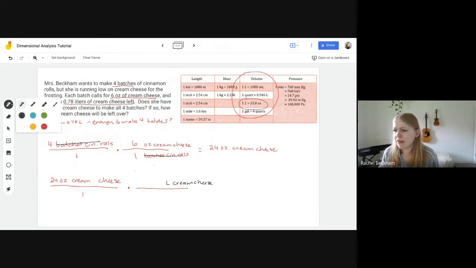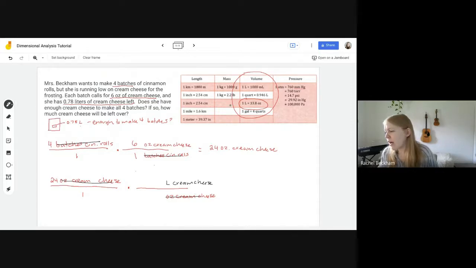And what I want to cancel out is always going to be the previous thing. So I need ounces of cream cheese to cancel out on the bottom. So I'm basically going from ounces to liters. So this is going to cancel out, right? And right here we have our relationship. It says that 1 liter is 33.8 ounces. So I'm going to put the number 1 with the liter, and then I'm going to put the number 33.8